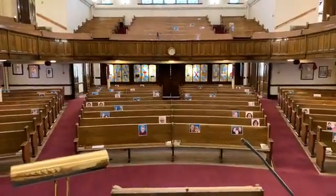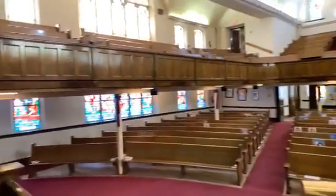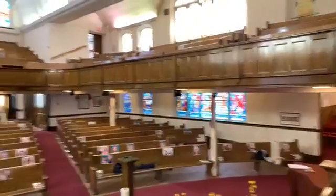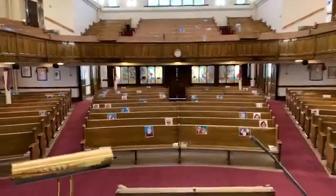So you're getting a view from where I usually stand, which is quite lovely, where you can see all of the people around you. It's pretty colorful and pretty amazing when you look around. So this is the whole sanctuary. I am standing right now in the chancel. Now, right behind me